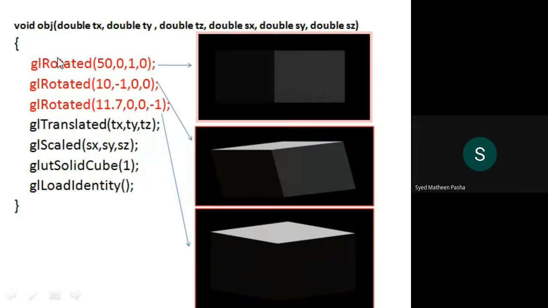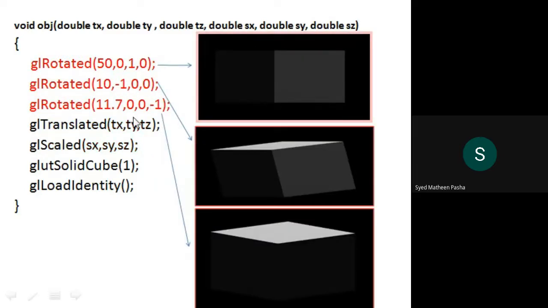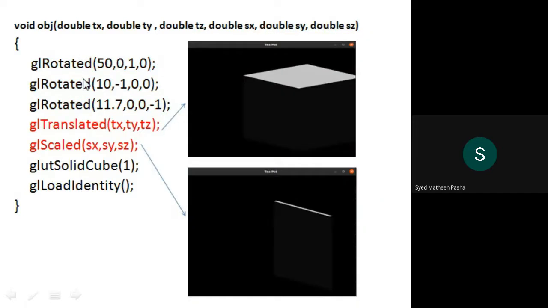Then, as I told you, in the object that I have rotated, I have used rotation operations there. So check out how it looks if you rotate that particular cube with respect to the y axis, the x axis, and the z axis. You can check out here, there is a representation of the wall with respect to the rotation function. Then simultaneously translation as well as scaling is done. So check out the outputs of translation as well as scaling. This is how the object which you have created looks now.